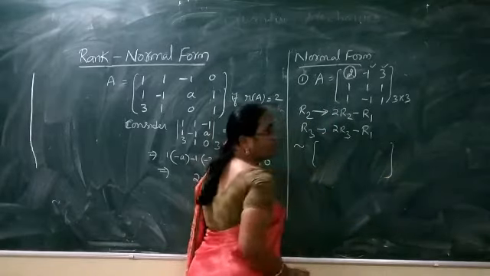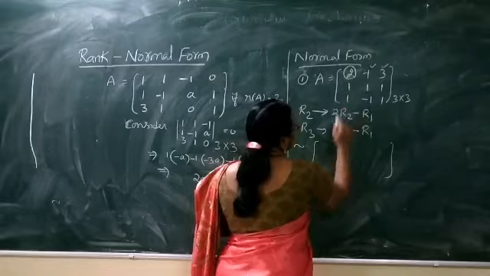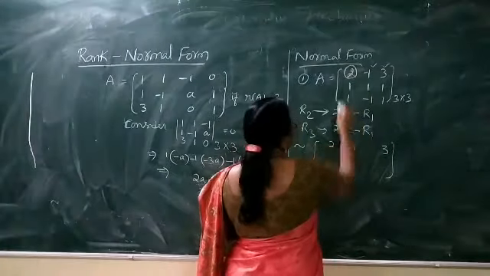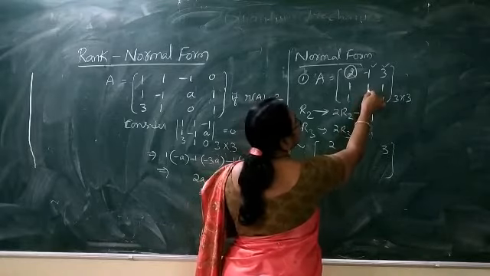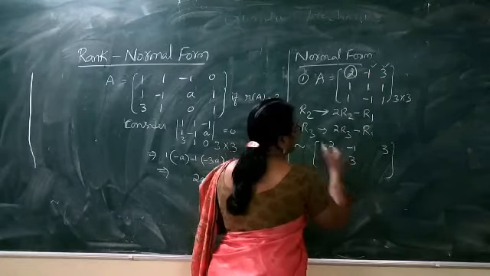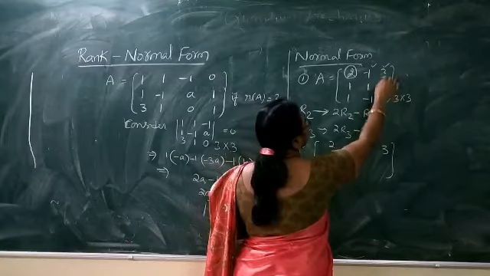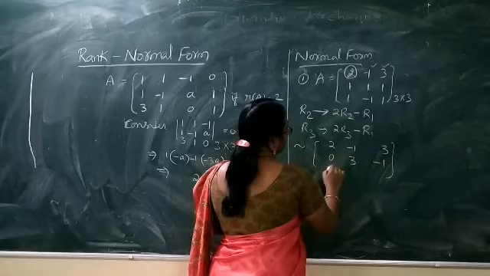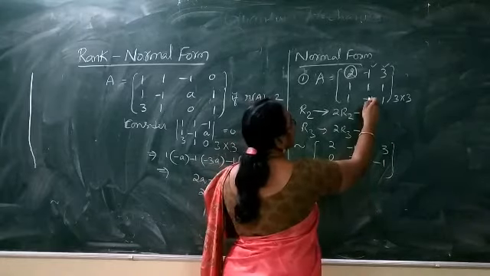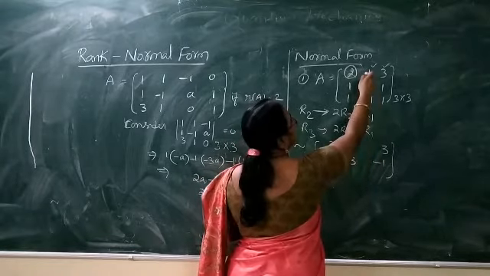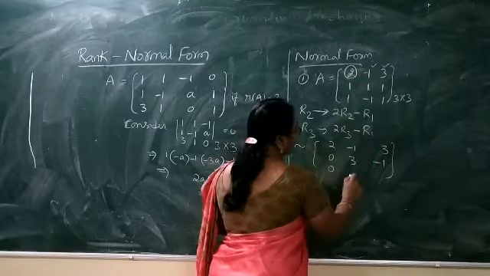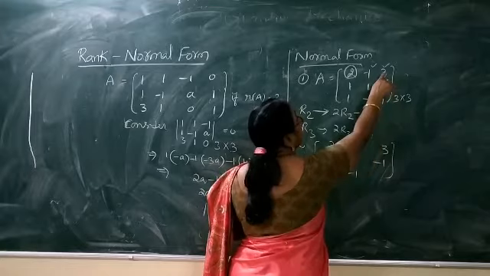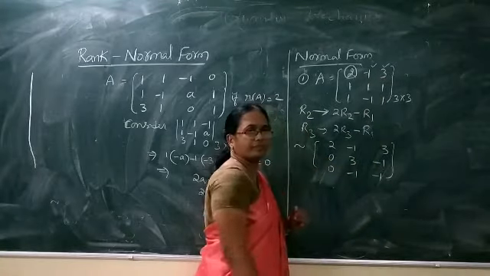So we put the equivalent symbol and the corresponding elements are: first row the same, 2, minus 1, 3. The second row: 2 into 1, minus 2, 0. 2 into 1, 2, minus of minus 1 becomes 3. 2 into 1, 2, minus 3, it is minus 1. Similarly, the last row is 2 into 1, minus 2, 0. 2 into minus 1 is minus 2, minus of minus, so it is minus 2 plus 1, it is minus 1. Now corresponding to the last element, it is 2 into 1, 2, minus 3, it is minus 1 once again.